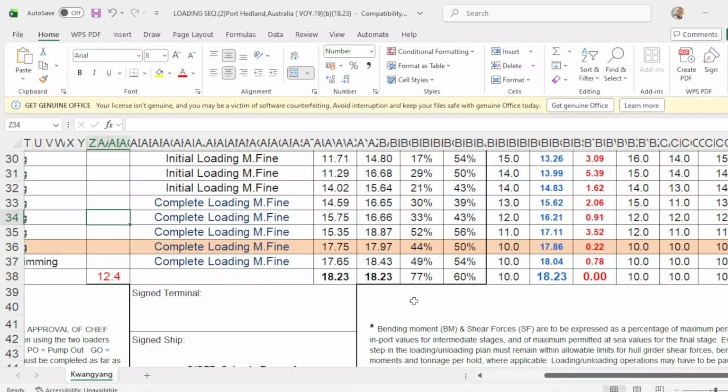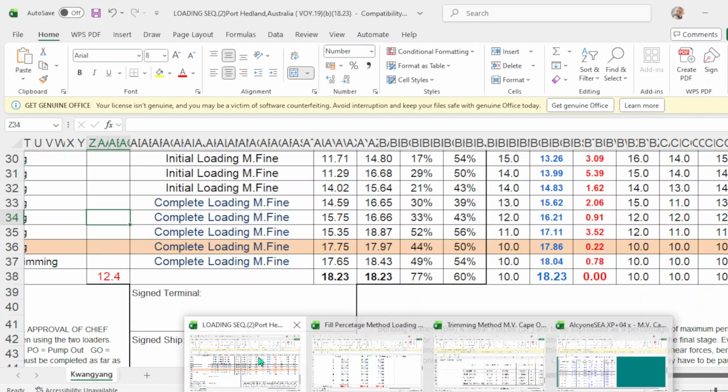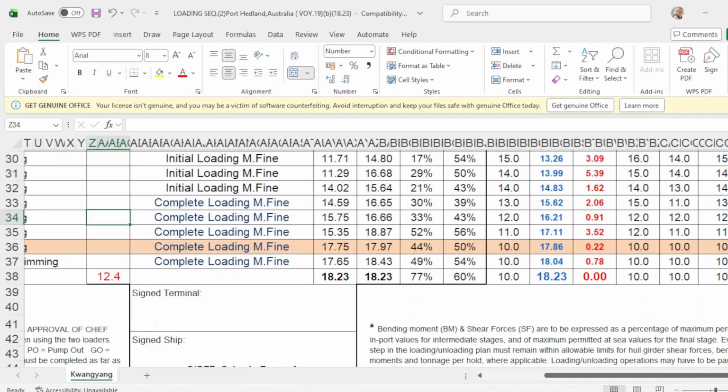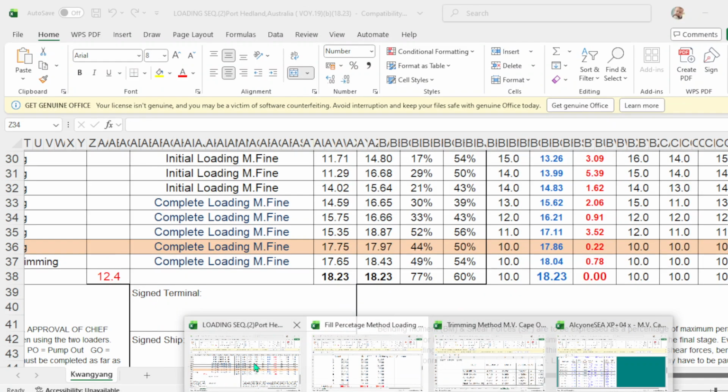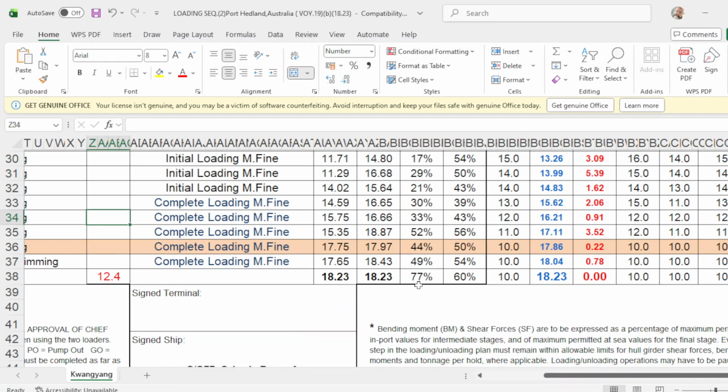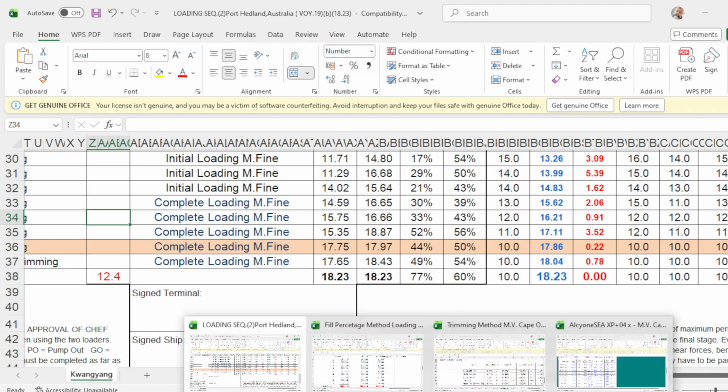With the loadicator, in distributing this cargo, the bending moment is 7%, and the shearing force is 60%.